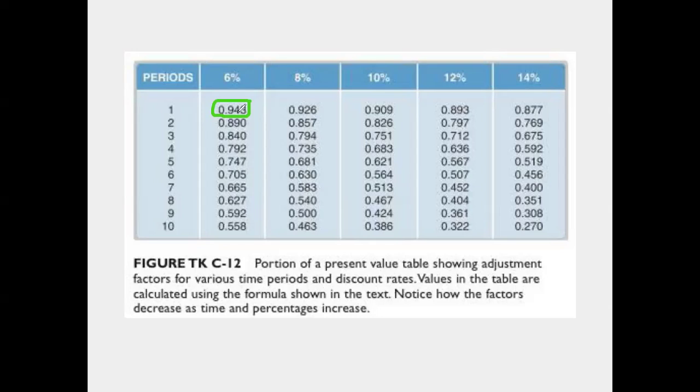If you take a calculator and multiply 0.943 by 1.06, you will get almost 1. So that's what it means. To get $1,